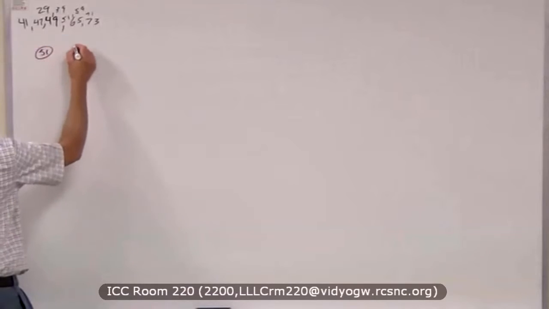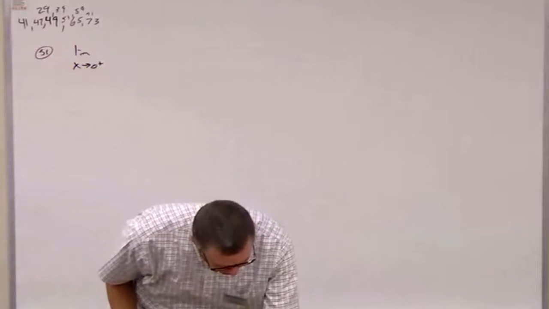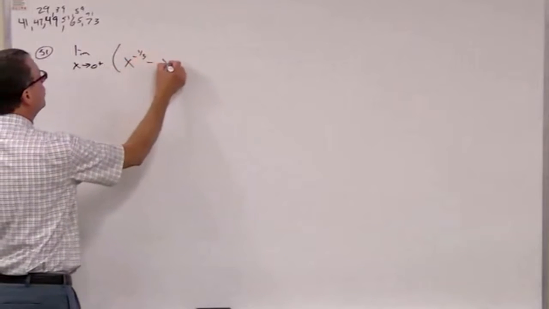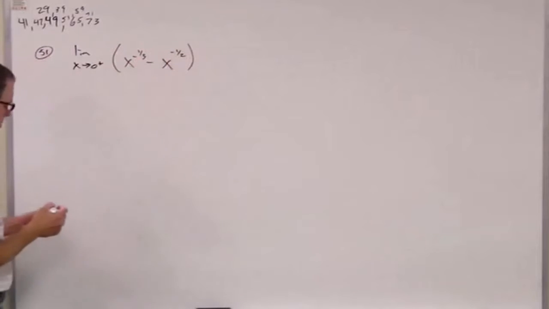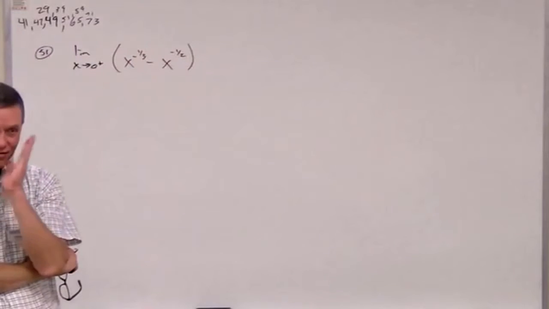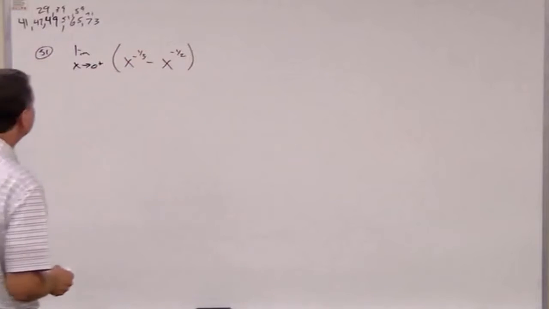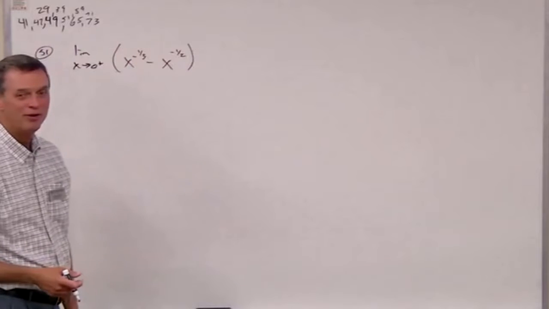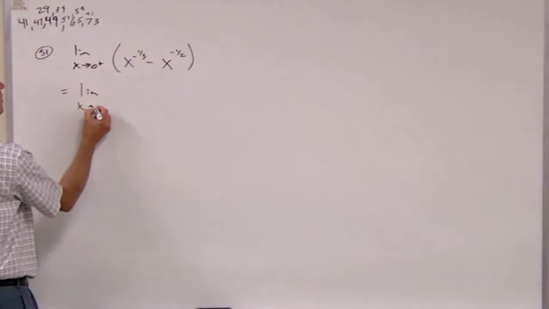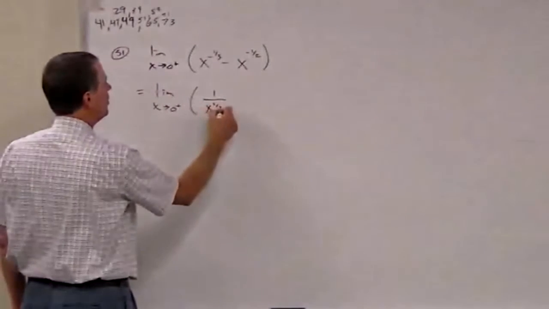Okay, 51 now. Limit as x approaches 0 from the right of x to the negative 1/3 minus x to the negative 1/2. What's your first attempt? Plug in 0. What happens? Infinity minus infinity. Does everyone see this? If you don't see it, let's rewrite it real quick so you can see it more easily. You rewrite this as 1 over x to the 1/3 minus 1 over